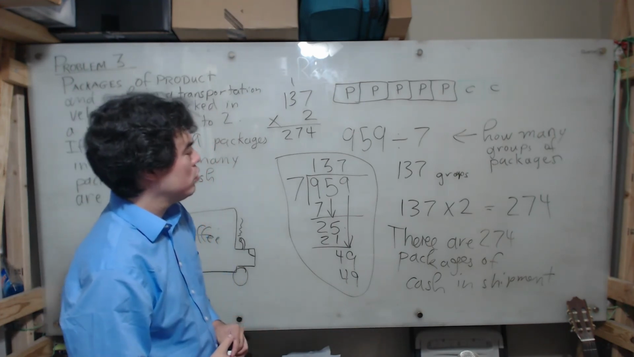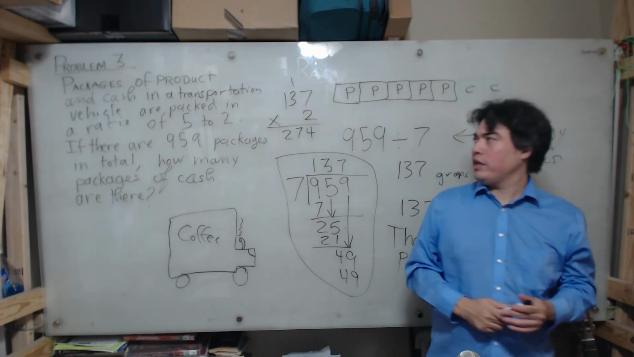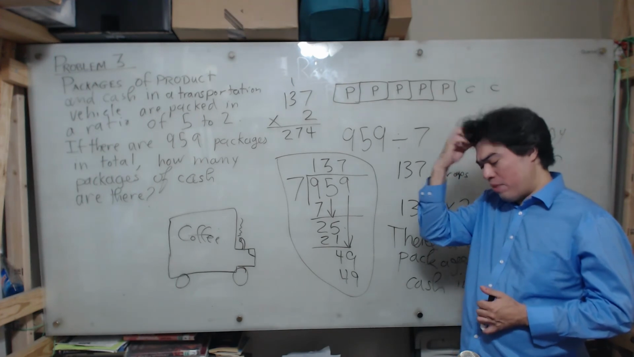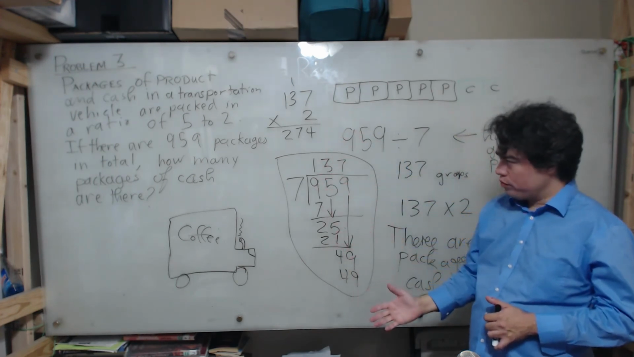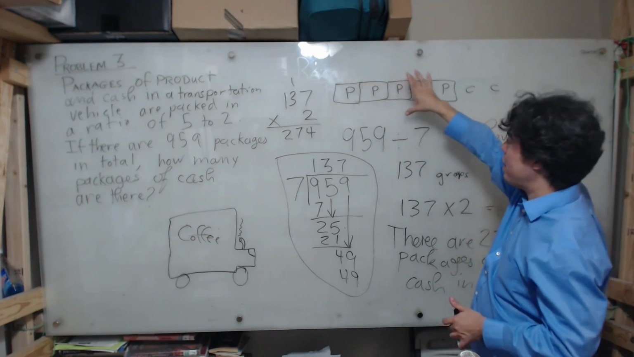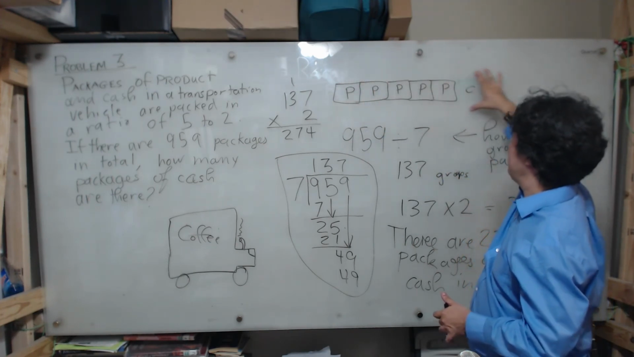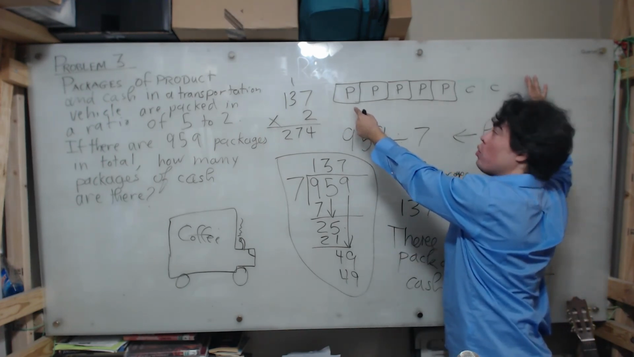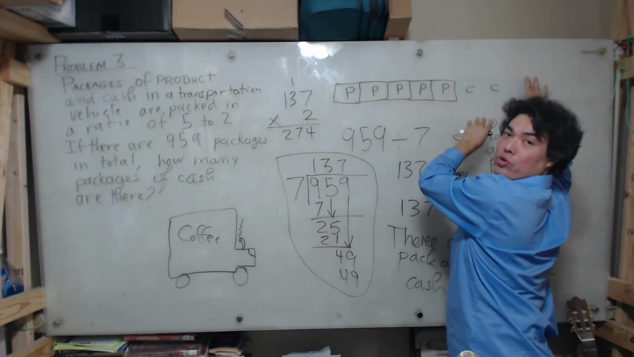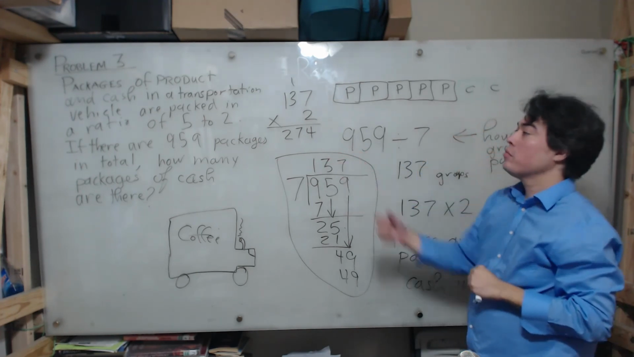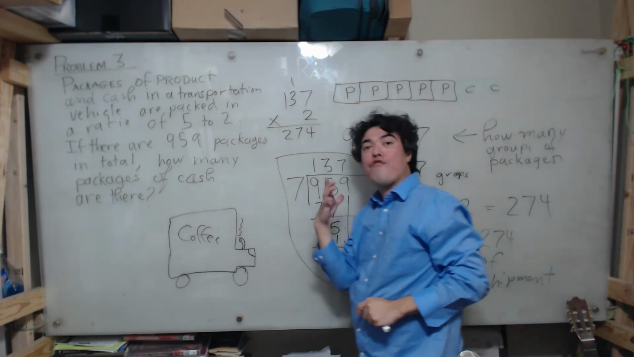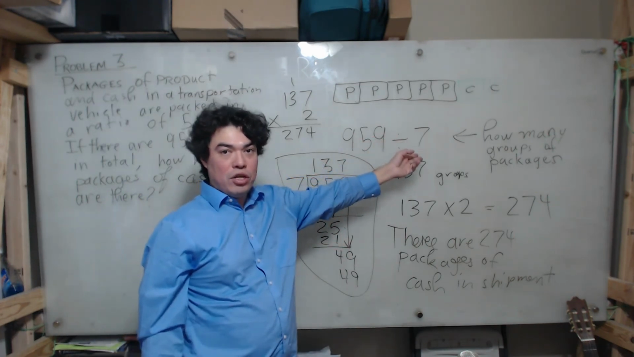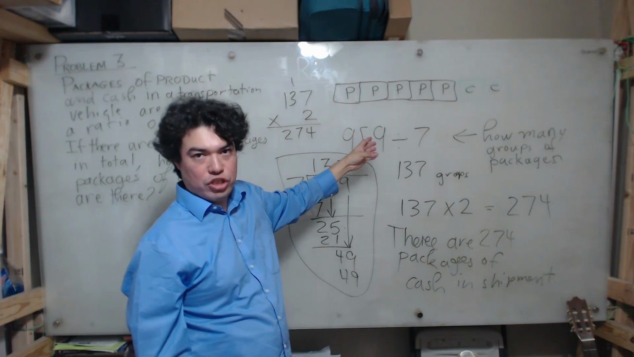And so let me just briefly recap real quick what we did here. We read the problem. We realized that the packages were going to be shipped in a ratio of 5 to 2. And so we knew that we could look at the shipment as a set of groups of 7 items per group, where 5 of those items were packages and 2 were cash, based on that ratio. And then we know that there are 959 total packages, so we knew that we had to divide the 959 by 7